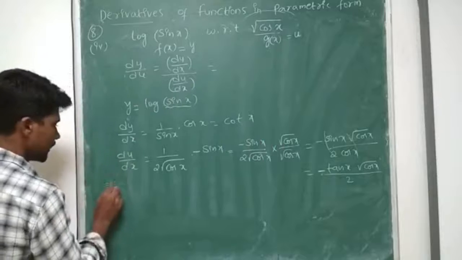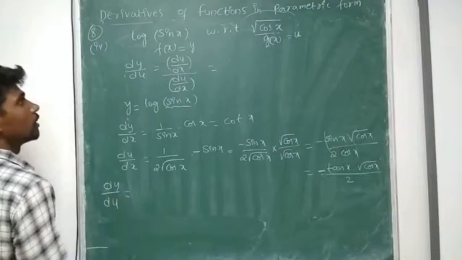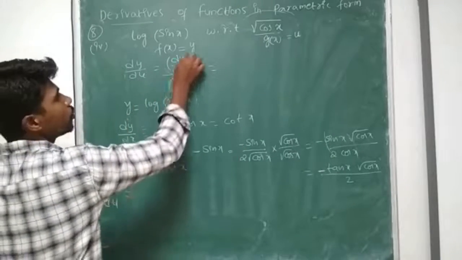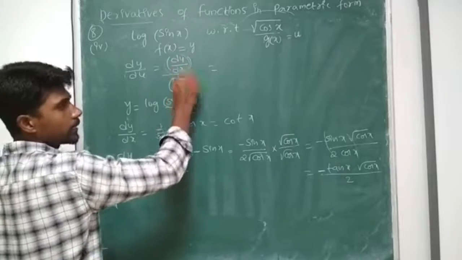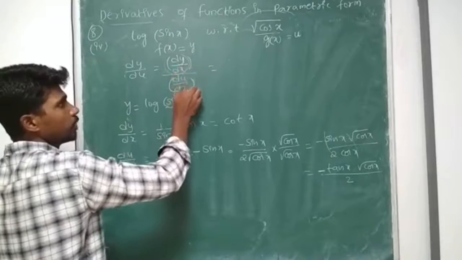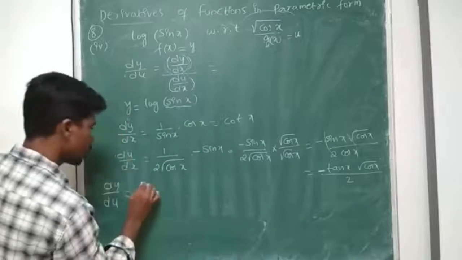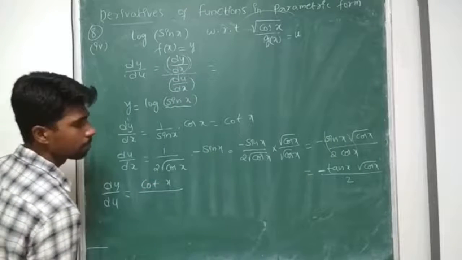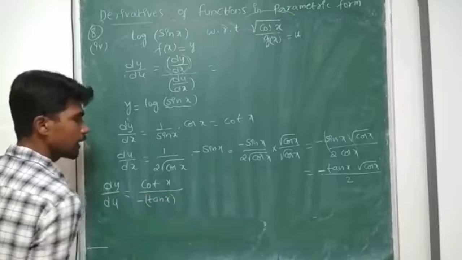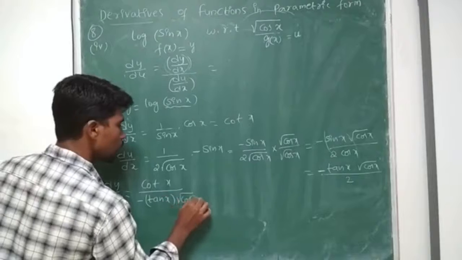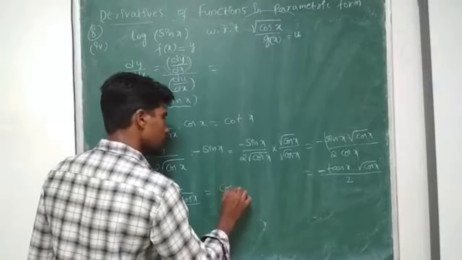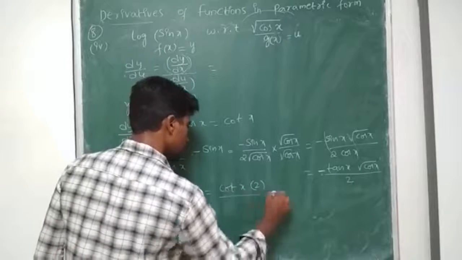We have to get dy by du, the differentiation of this particular thing with respect to root cos x. That is dy by dx divided by du by dx. These both are different: dy by dx, du by dx. So cot x divided by minus tan x into root cos x by 2, which is equal to cot x into 2 by